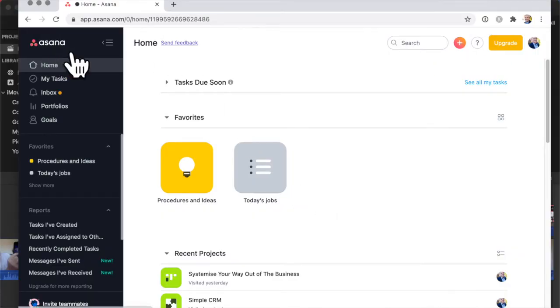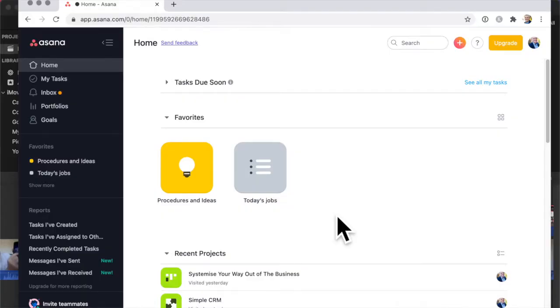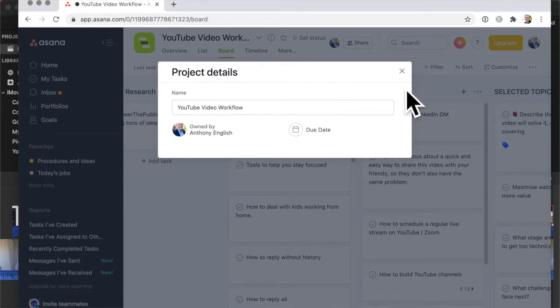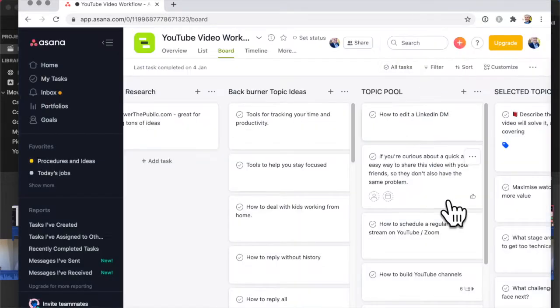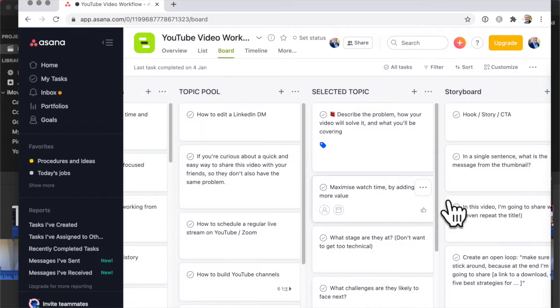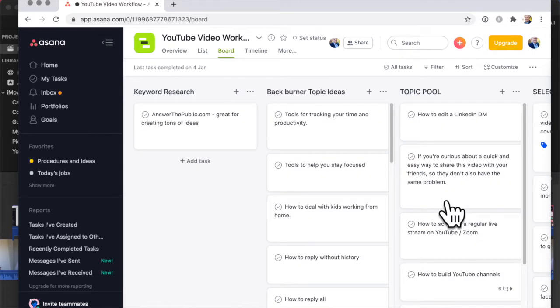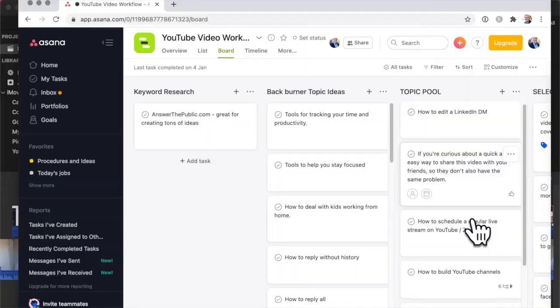Now, the next one is Asana, and that is something that I use for keeping track of not just a to-do list, but my procedures. So, for example, when I create a YouTube video, I've got a set of procedures that I need to check off. I need to create the title and the description and tags and thumbnails and so on. Yes, I could keep all of that in my head, but having that procedure there means a couple of things. One is that I'm going to be consistent. I've got a checklist. I'm going to be more efficient in doing that.